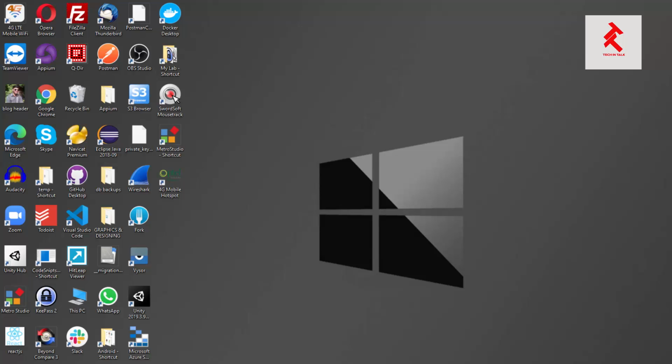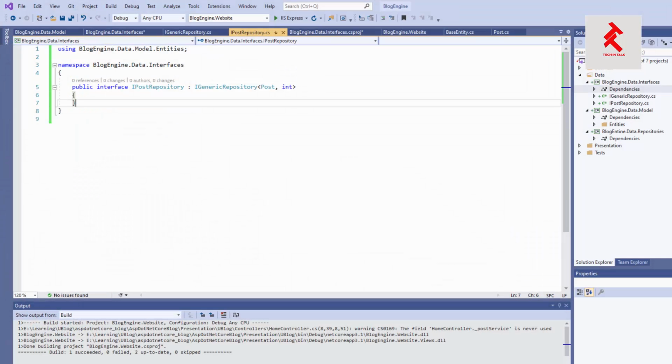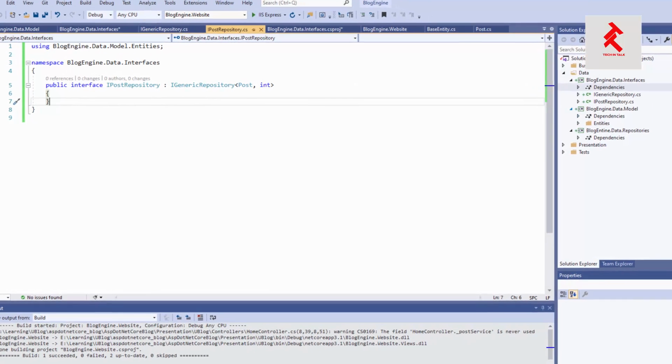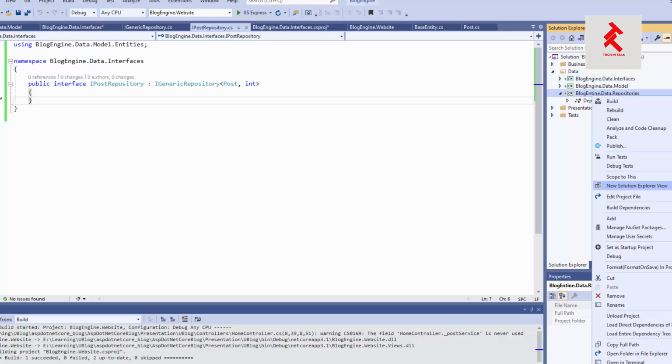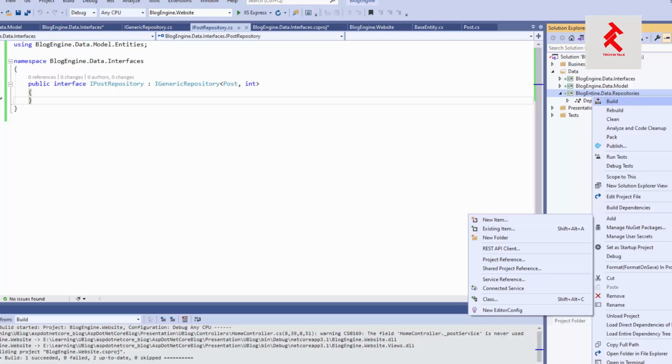So today we are going to complete the repository implementation that we started in the last episode. In our last episode we created the IPostRepository interface, which was extending IGenericRepository, right? So today let's start building our context class, right? So for that one,